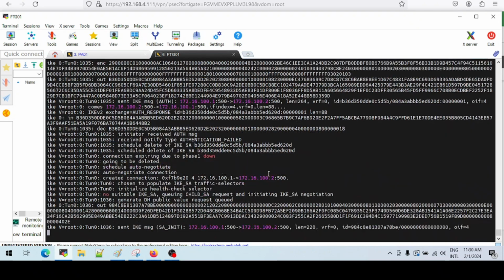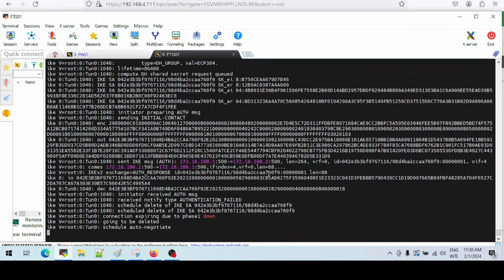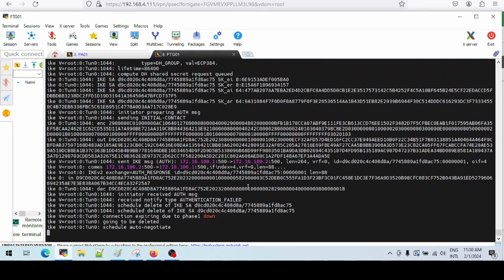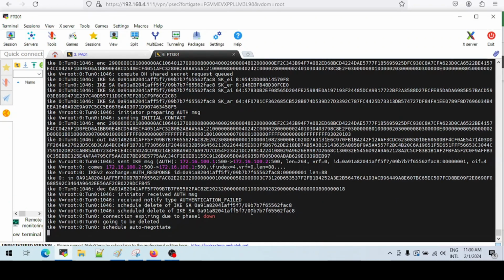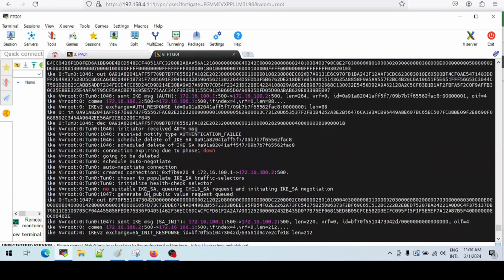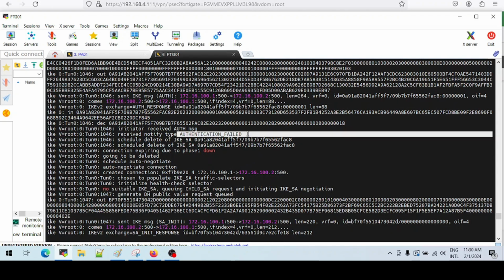So immediately our terminal starts, and we can see that there's a lot of messages. We can see it says phase 1 down, phase 1 down, and we can see no suitable IKE SA. And at this point, the thing that should stand out immediately to you is authentication failed.